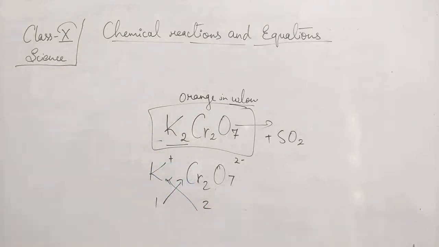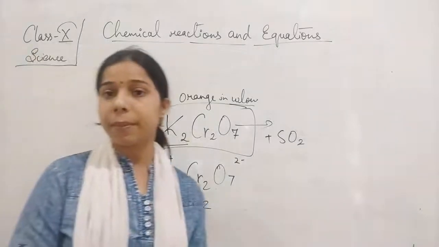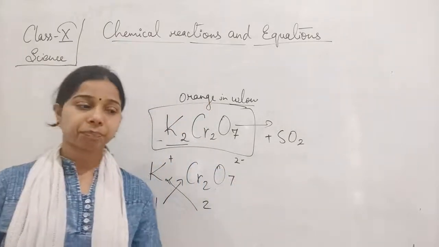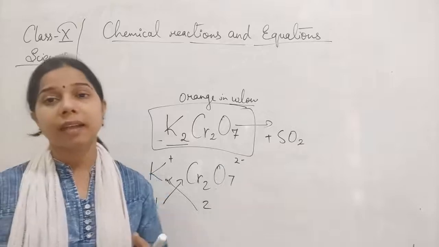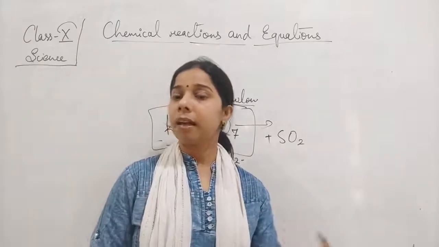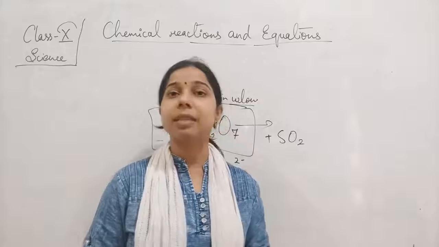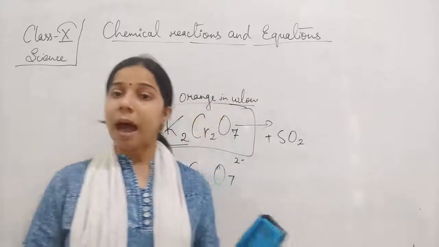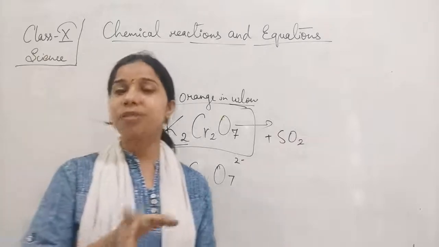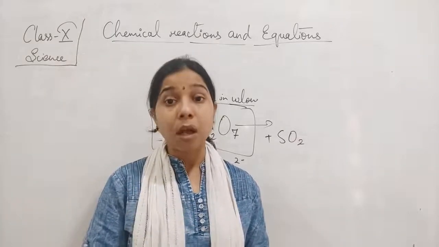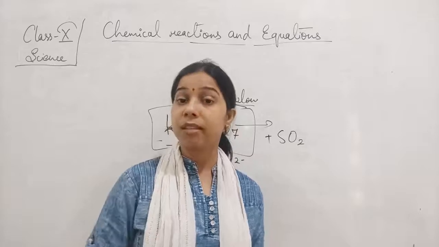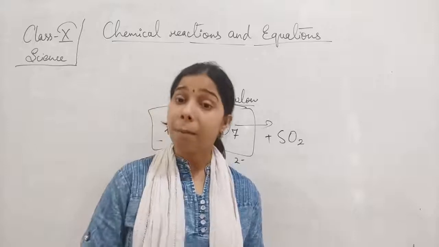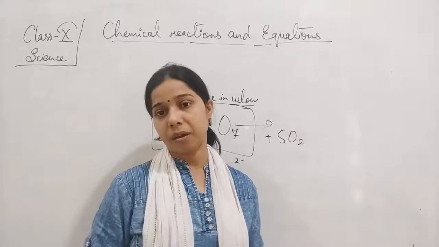Before we go further, even in the previous one when we were talking about the formation of a precipitate, you have seen that when we take lead nitrate and potassium iodide, they are colorless when you make the aqueous solution. But as you mix them together, there is a formation of lead iodide, which is a yellow precipitate. So you can see that not only does the formation of a precipitate happen, but a change in color also occurs.